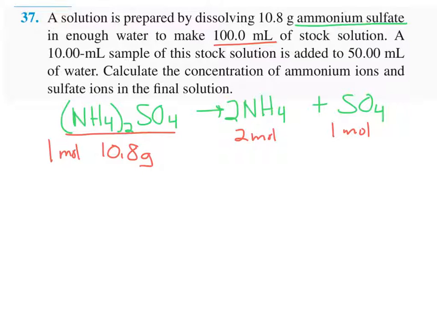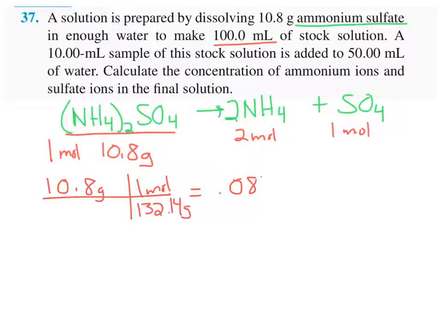So you're going to want to go grams to moles. And this is grams of ammonium sulfate, and there's 132.14 grams in 1 mole. And so we get a value of 0.0817 moles. Now we want this to be in molarity because it said a solution is prepared, and we're going